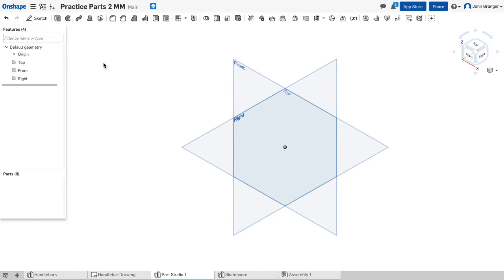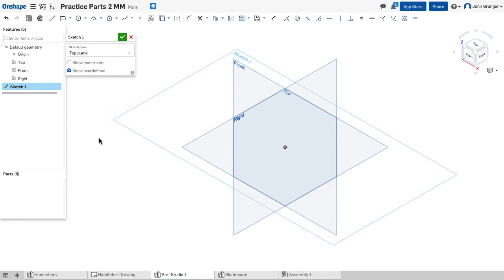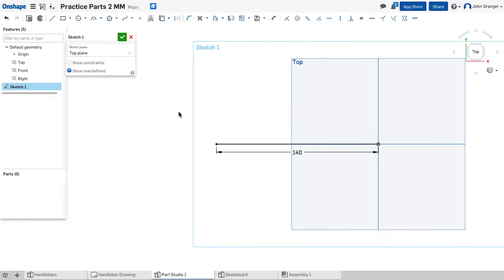25 millimeters. I've started a new part studio in millimeters, and I'll start this new sketch on the top sketch plane, view normal to the sketch plane, and the first line of my path, I'm going to go to the left and make this a 140 millimeter line. I'll end that. Now I have a 40 millimeter radius arc, so I'm going to draw a construction line from this endpoint, 40 millimeters vertical,